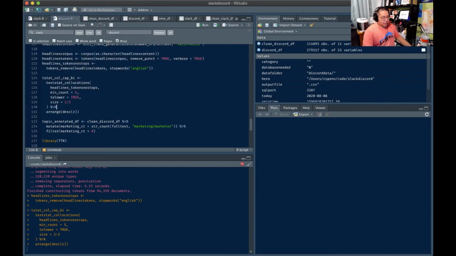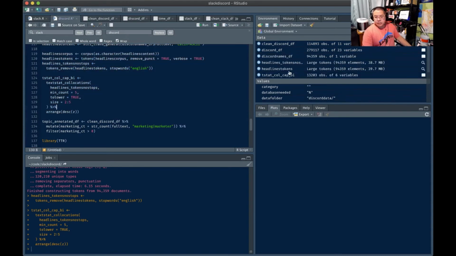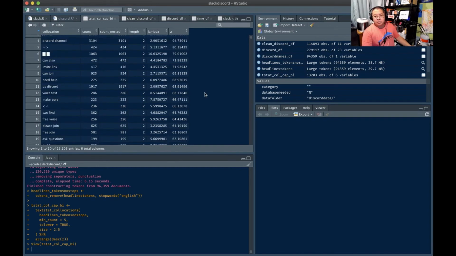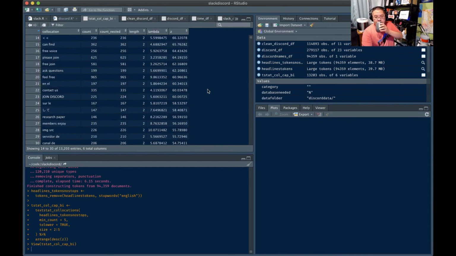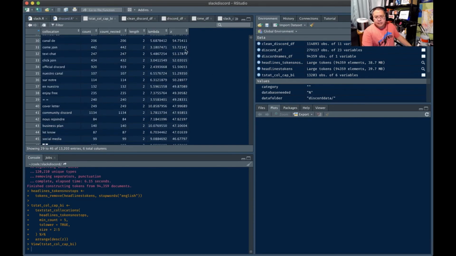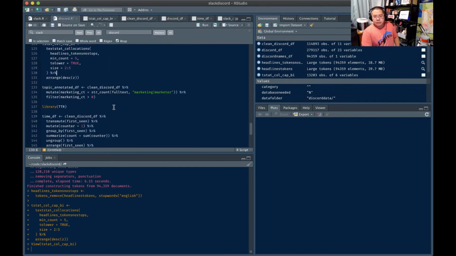How far in are we here on this tokenization? All right, the tokenization is done. Let's see what we got. We have join, Discord, invite links, voice, text. Okay, so nothing super stands out here in terms of the names. Let's take a look now at